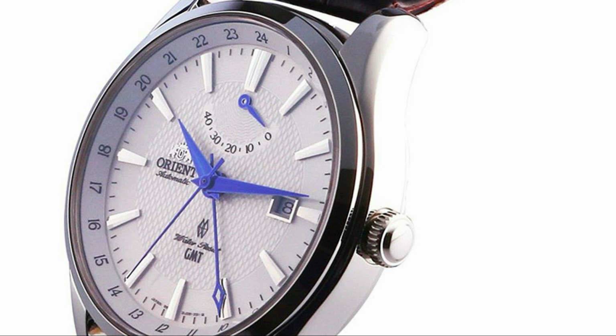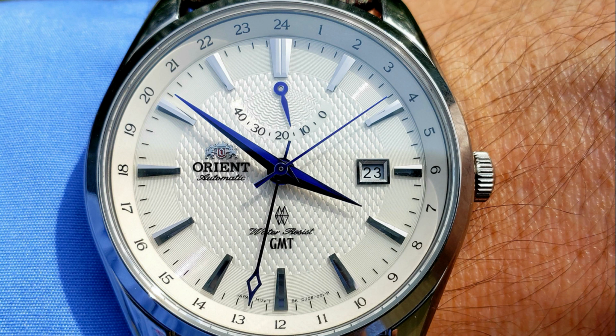The watch comes paired with a gorgeous brown leather strap. Again, this watch probably shouldn't exist. I honestly don't know how they make money on this watch at this price point, but it's absolutely gorgeous. Some of the features you don't see on watches of this price range, like the guilloche patterning on the dial, and the beautiful, machined applied indices that come in this beautiful brushed stainless steel,